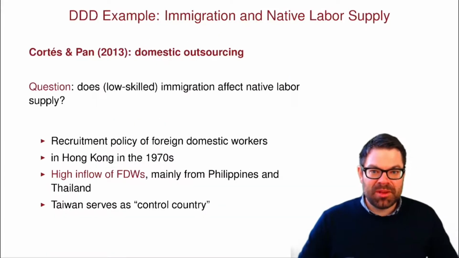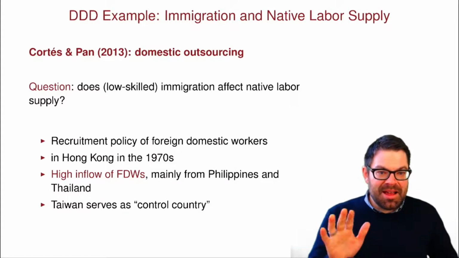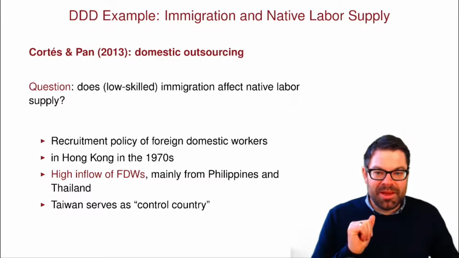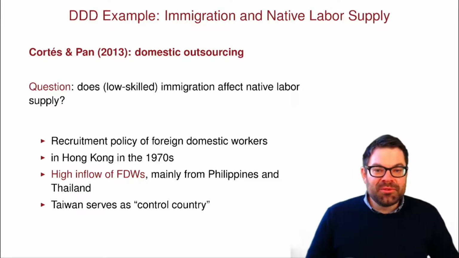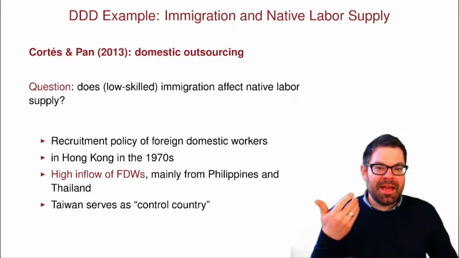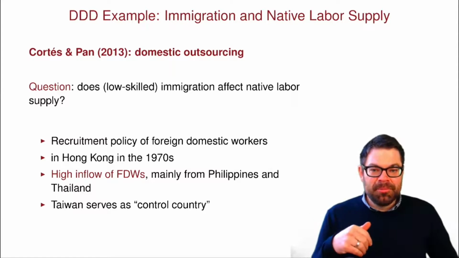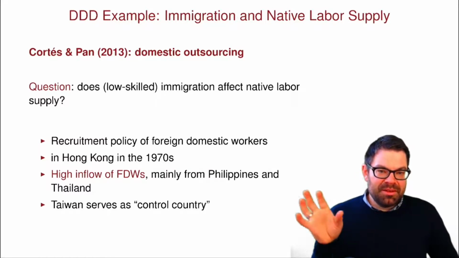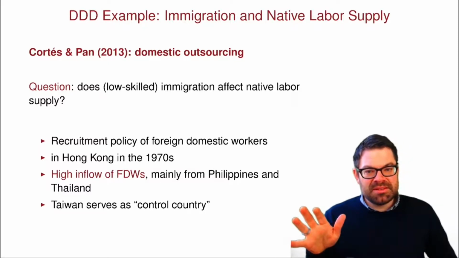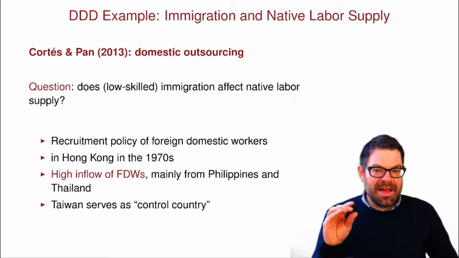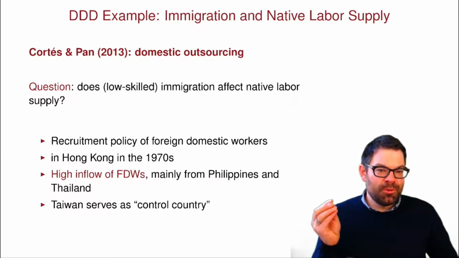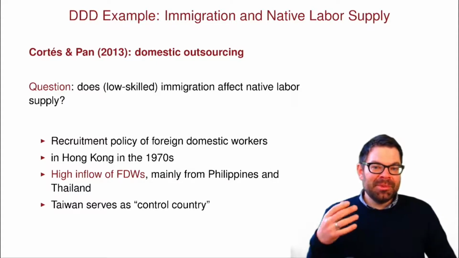If you only use a triple difference model, you have to offer a reader a lot of guidance. A paper that does that in a fantastic way is this one by Cortes and Pan on the effects of domestic outsourcing on female labor supply. So what they're looking at is the effect basically of immigration, of low-skilled immigration on female labor supply. And so what they look at is there was a policy in Hong Kong in the 1970s that was specifically targeted at recruiting so-called foreign domestic workers, so people who come and work in the household,